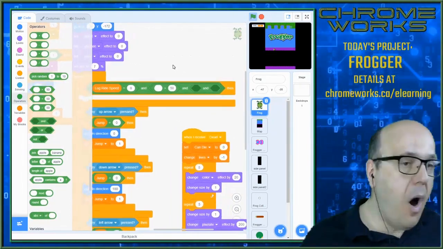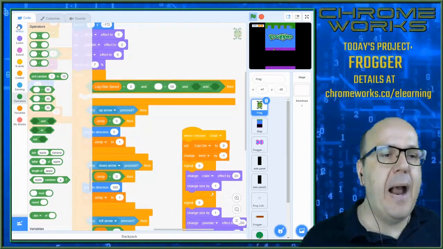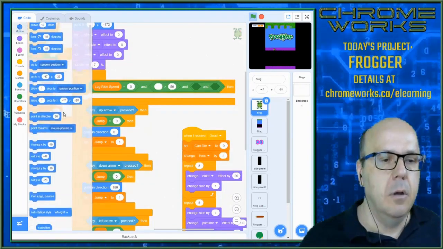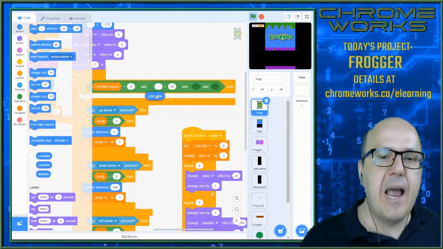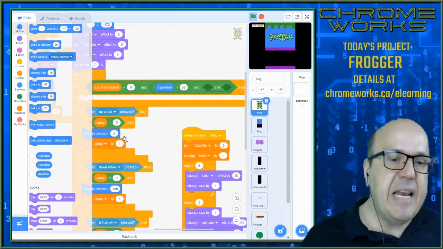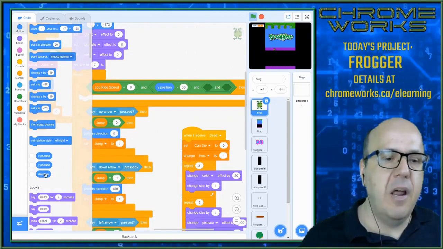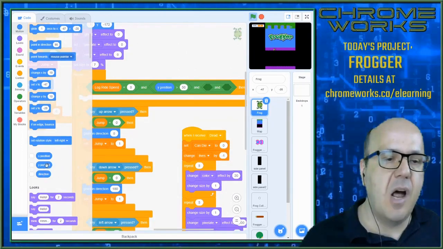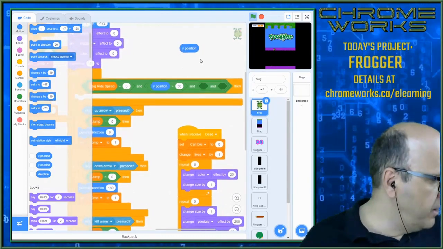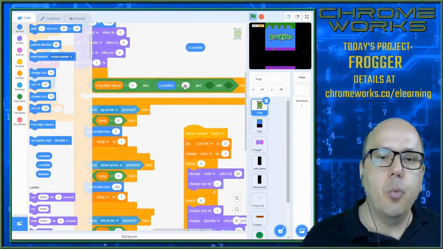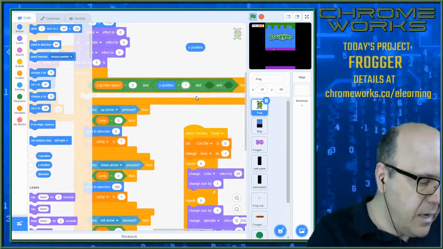And we're going to say our y position. So let's go back to our motion blocks. We'll grab the one here right above direction that says y position. And we're going to need another one, so I'm just going to pull another one out while we're here, and I'll just leave it on the side. I'm going to need that in a second anyway, and so I don't have to go looking for it. So if y position is greater than -8,